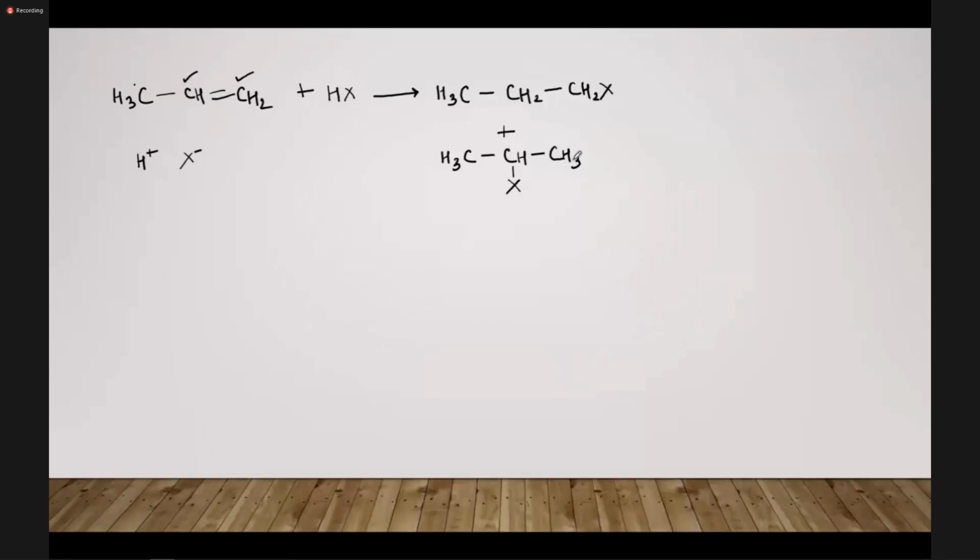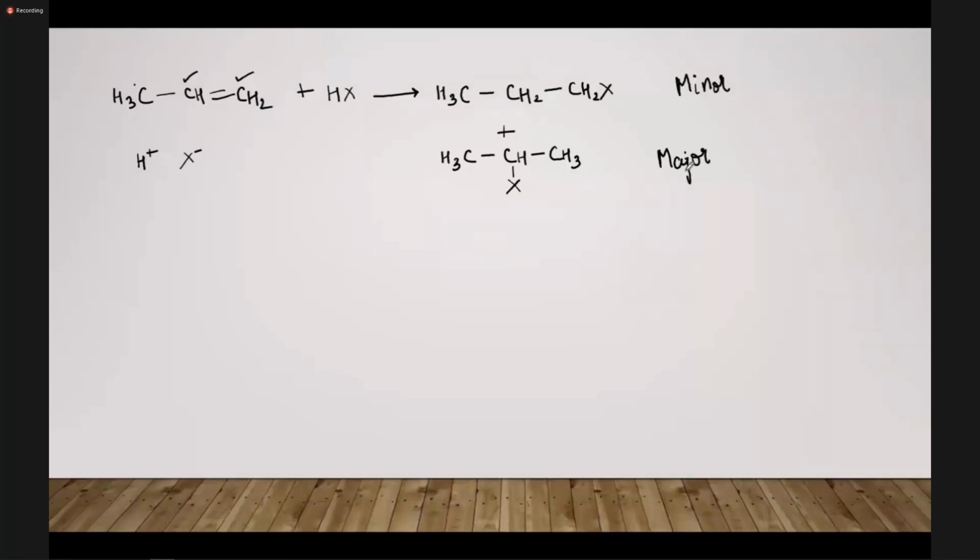From the experiments, what has been observed is that the first product's quantity, its amount, is very small as compared to the second one. So the second compound is major here because more of it is formed. I mean, 90% we are getting the second one and only 10% the first one. And why is it so? Because the mechanism behind it